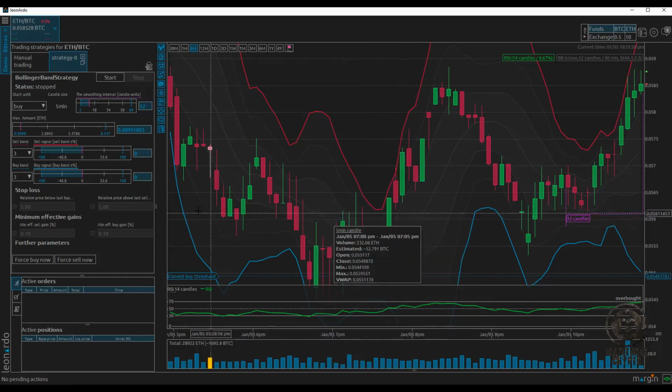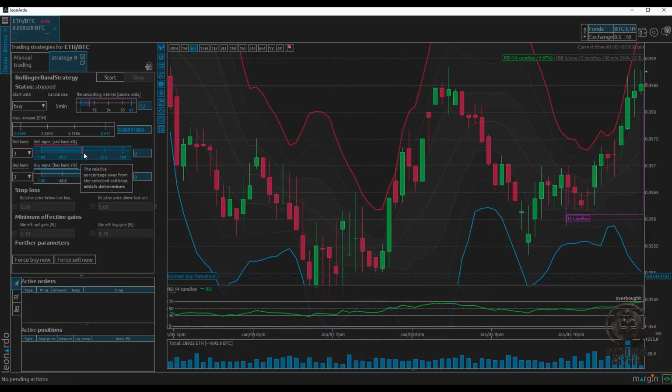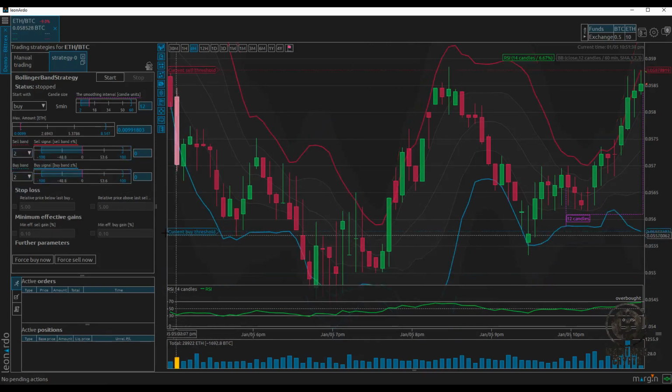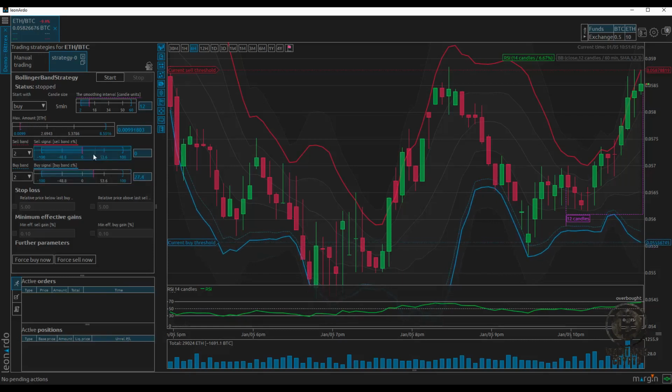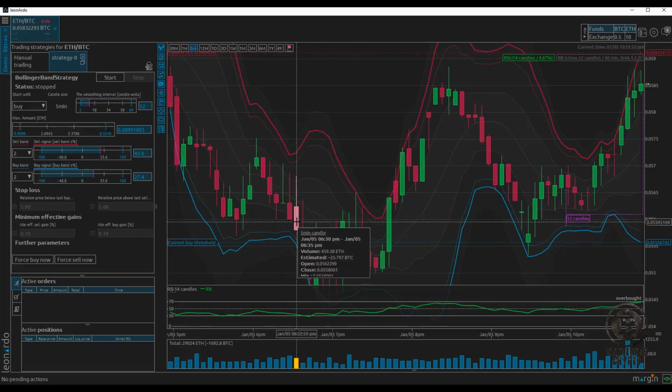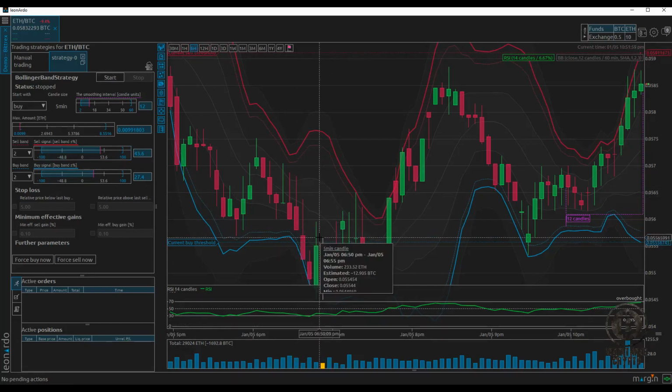So that's what it is, and then you can tweak the bot even more. So I'm going to put it back to 2. And then you can tweak a little bit between the 3 bands. So as you can see, you want to move it. For the buy and then the sell, you just want it to be on top of the candlesticks, to maximize that profit. So the goal here is to strategize to get the maximum profit out of the